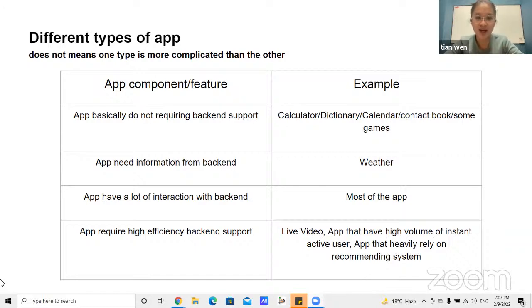And the third type is the one mentioned in the YouTube video: an app that requires efficiency consideration, not only in the app itself but also in the backend support.